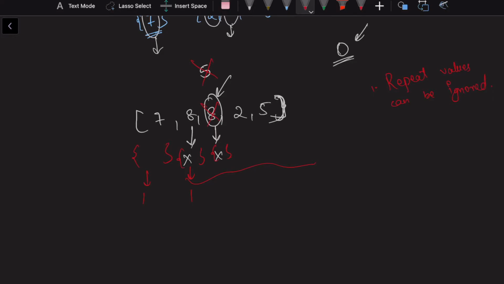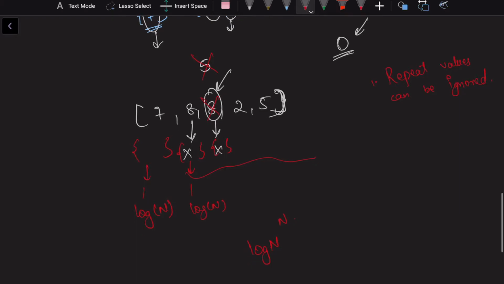The problem here is every number will have, let's say, log of n factors, so the size of this array will be log of n for every number, and similarly for all the numbers, so it will become log of n raised to the power n, which will definitely give me a TLE. So I cannot go with the most brute force solution, that is, taking every combination and seeing if that makes sense or not.